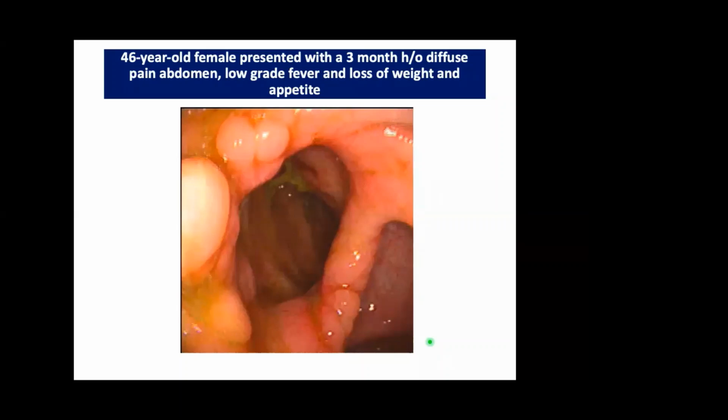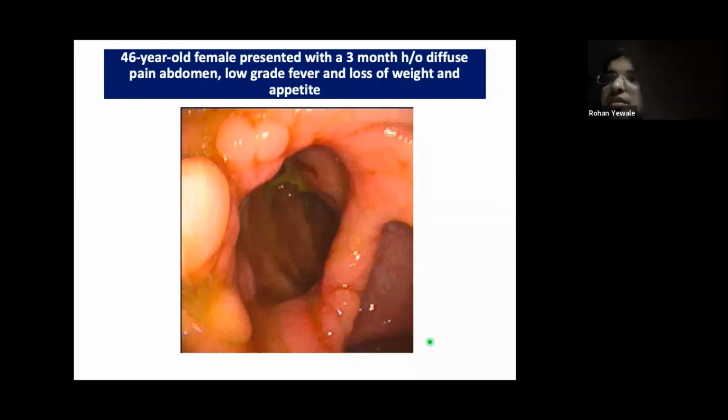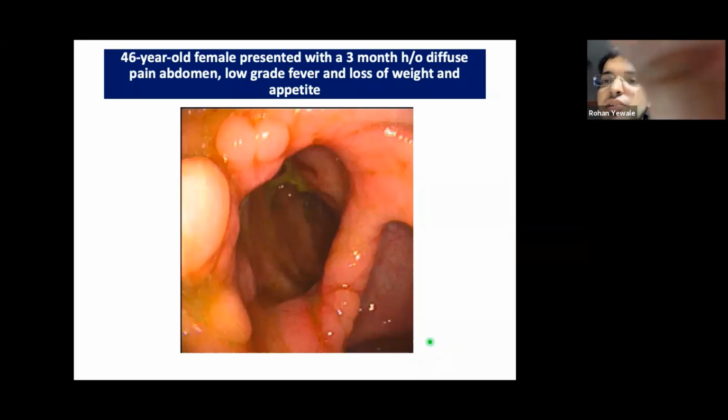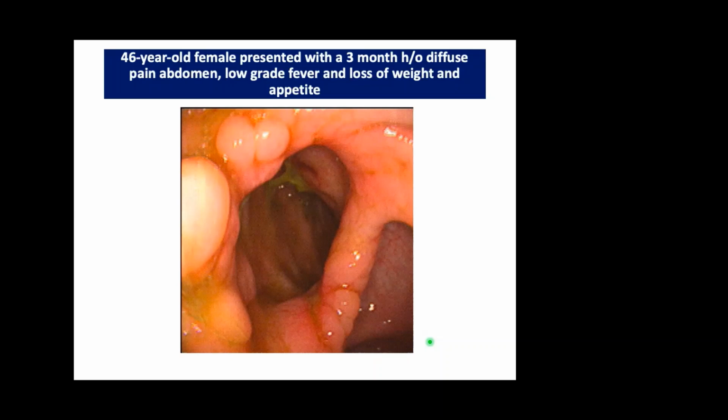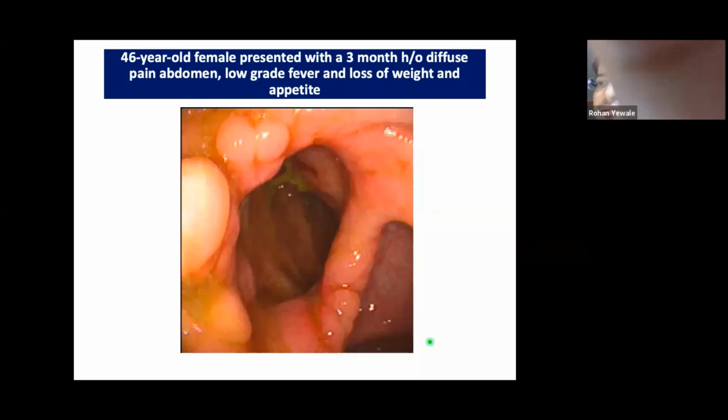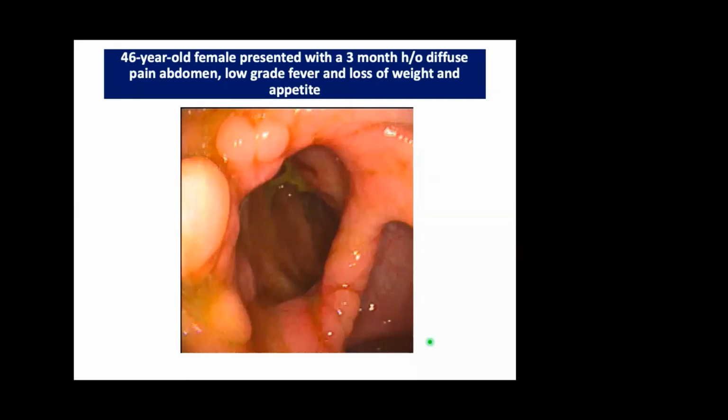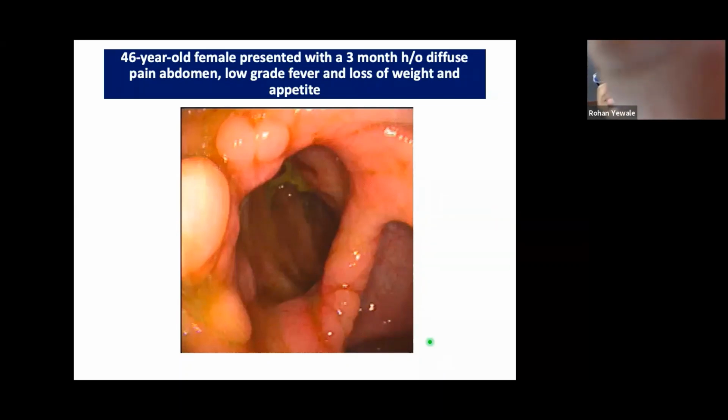So what's your diagnosis? My differential diagnosis for this would be either ileocecal tuberculosis or Crohn's disease. You have to differentiate between the two, Rohan. You cannot just say both. When you get ileocecal involvement, which one do you prefer? Take care of the history, just think of the history also. Yes, sir. So taking the clinical perspective into account, ileocecal tuberculosis is more likely in this case, with a very short history, with weight loss, abdominal pain in a 46-year-old lady.